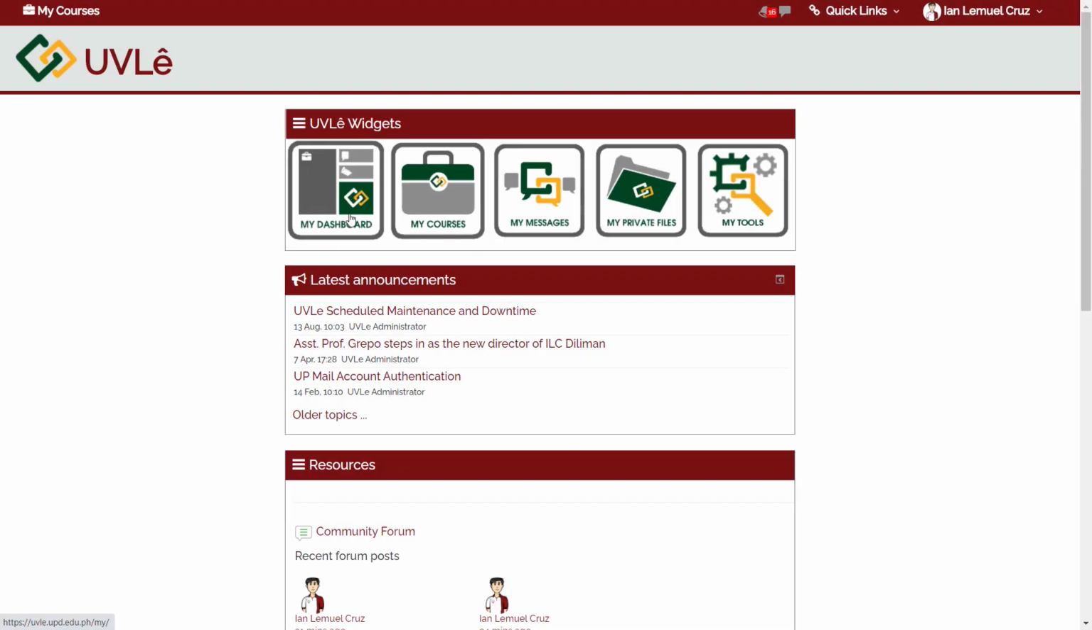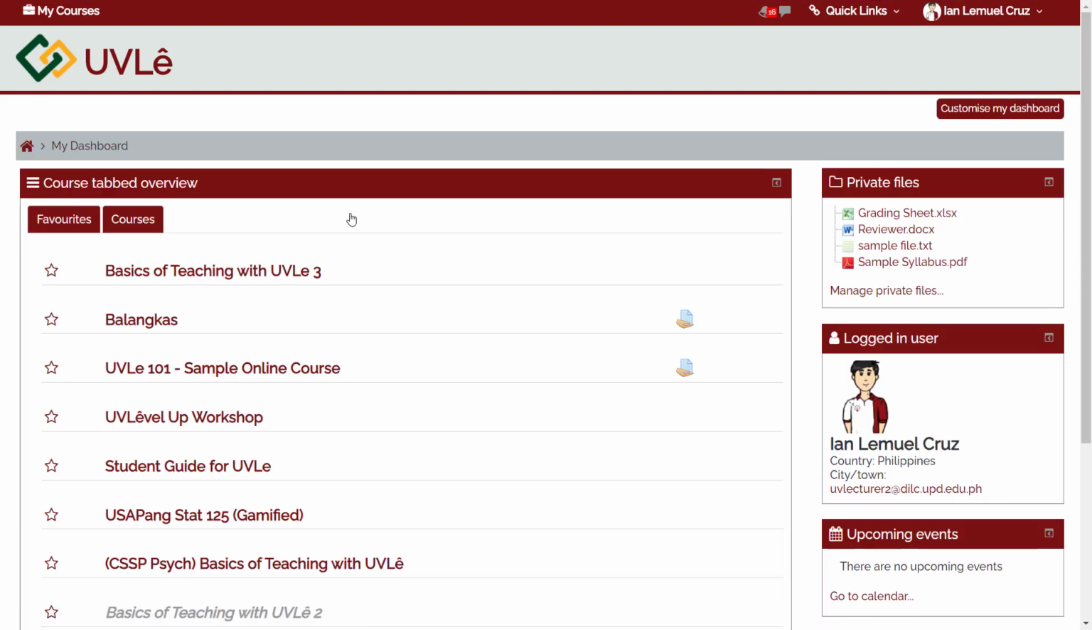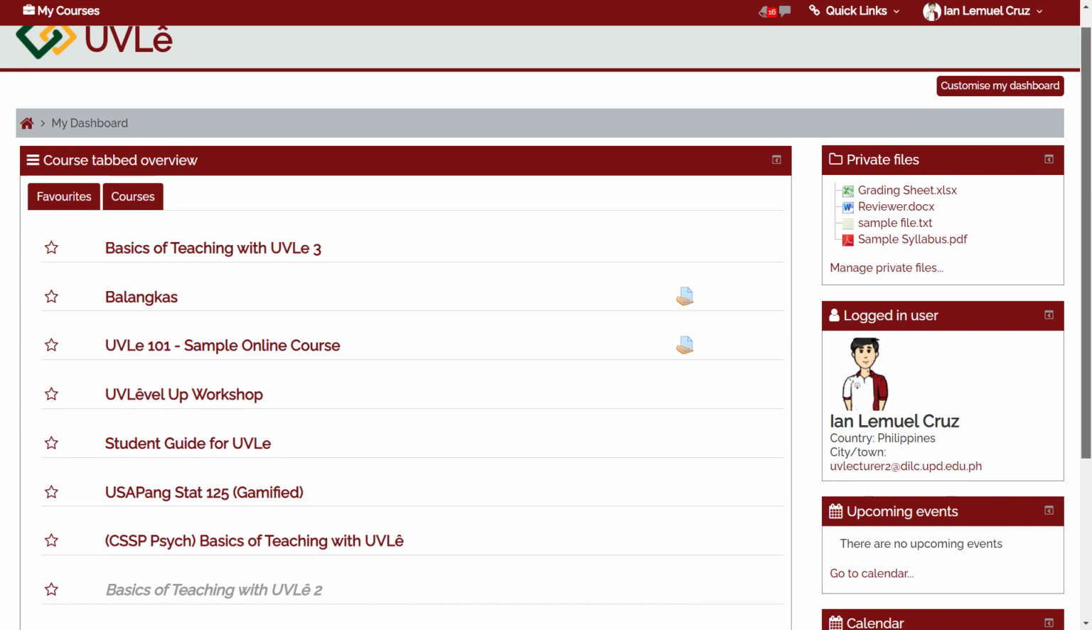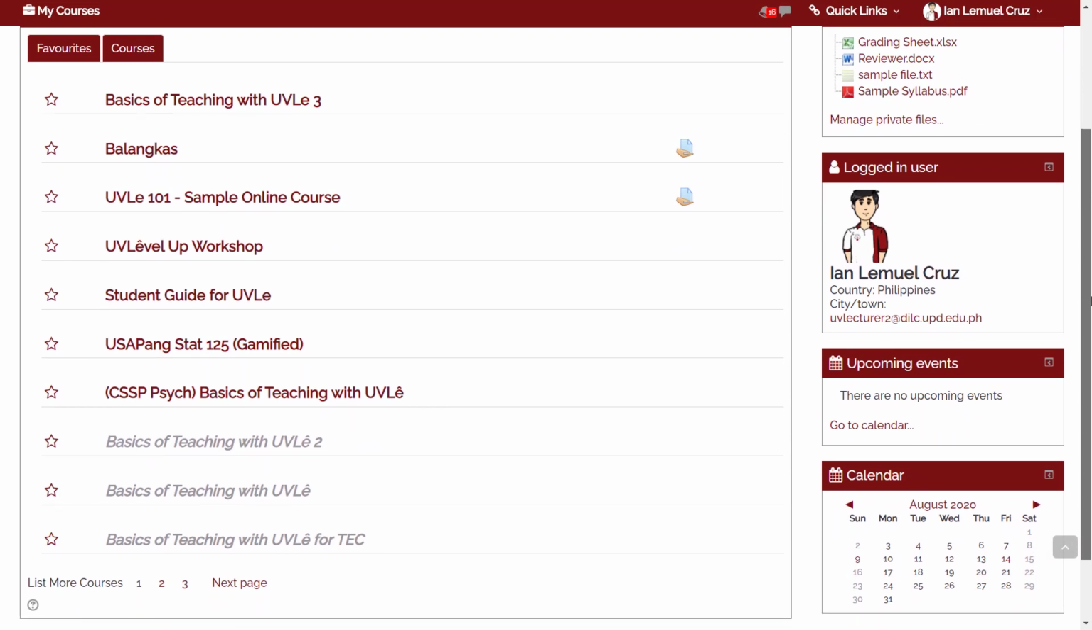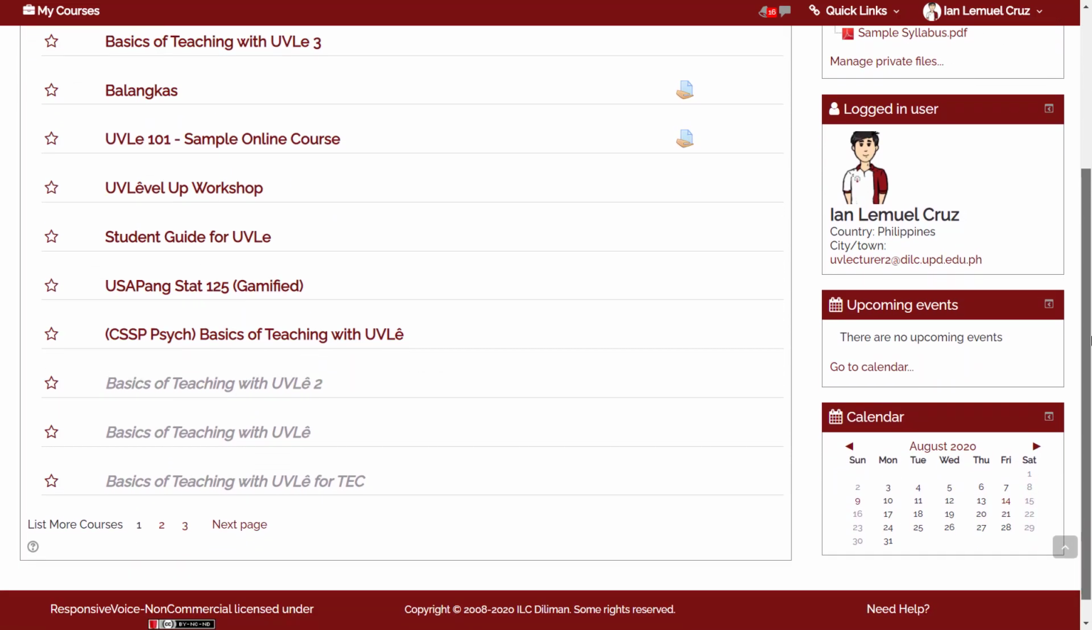And then the first one is My Dashboard. My Dashboard is like a profile page in a social media site. So if social media sites have a profile page, in UVLe we have My Dashboard. It gives you a summary of the different things that you can access with UVLe. So there you go, you will see a tab of courses, your private files, a preview of your profile, the